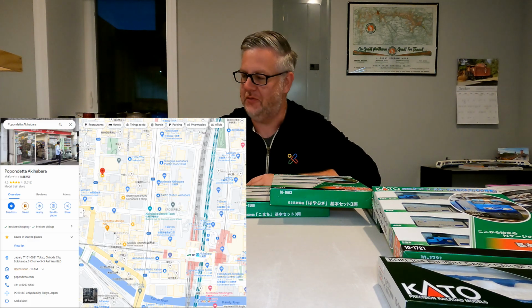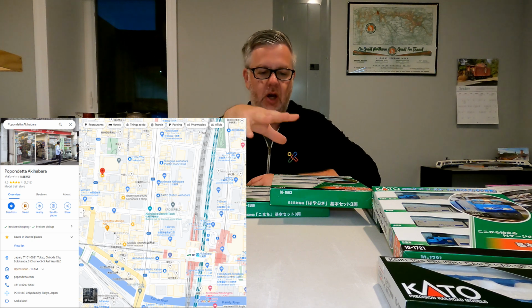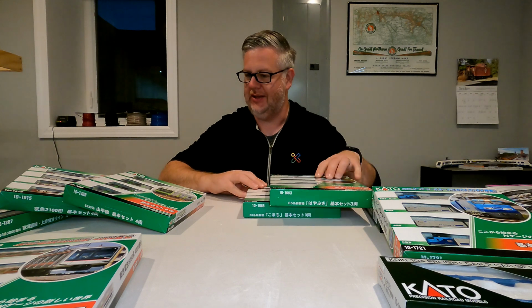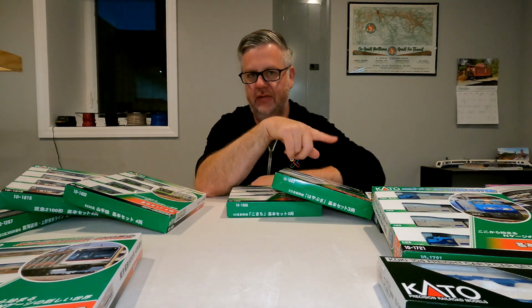There were so many train stores, and I'm trying to keep them all in line. But Hobbyland Pochi had a good selection of trains. I ended up in Pop and Data, which is why I got the other ones, but then I went back to Hobbyland Pochi to get these two. But let's focus on Pop and Data, which is the one that would be furthest,